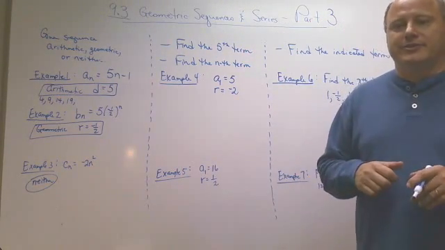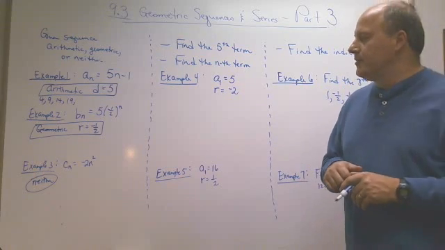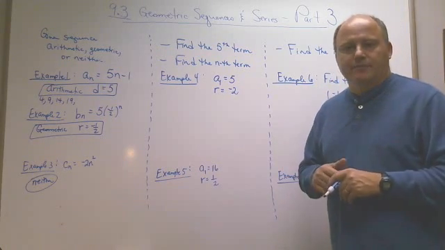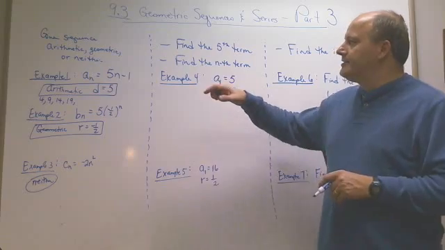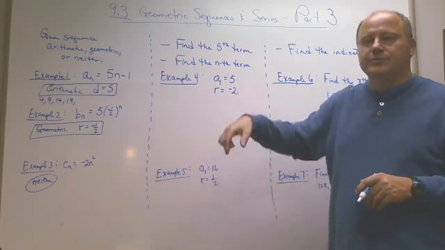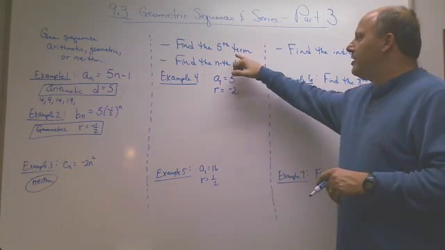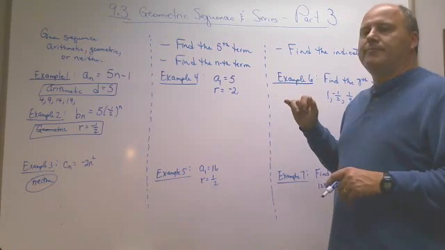There is no common ratio. There's no common difference. So that one is pretty much what it is. So that's the first three examples, and these are the problems where you had to identify which kind of sequence it is. Now the next problems, we're finding the fifth term and the nth term,